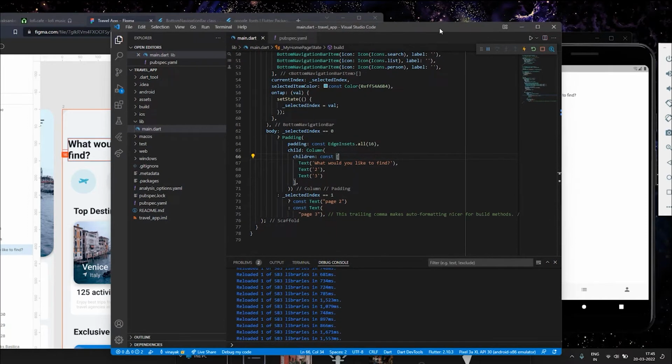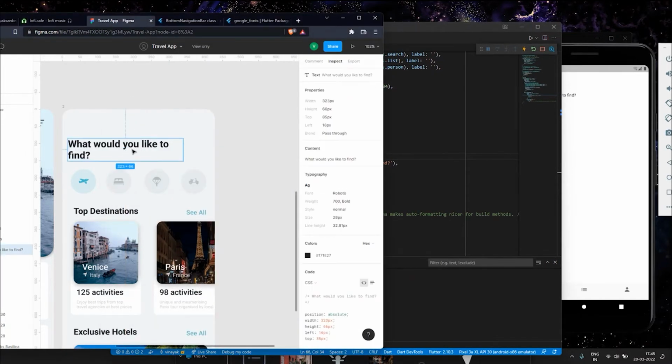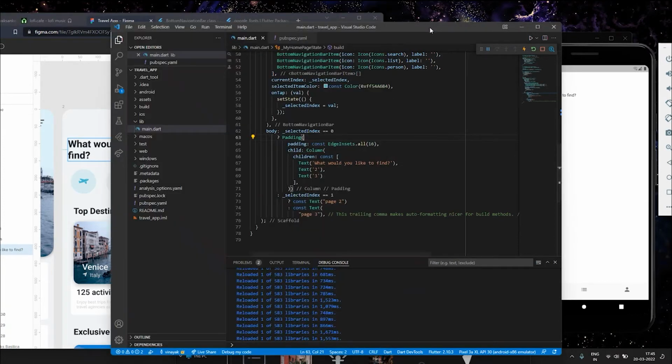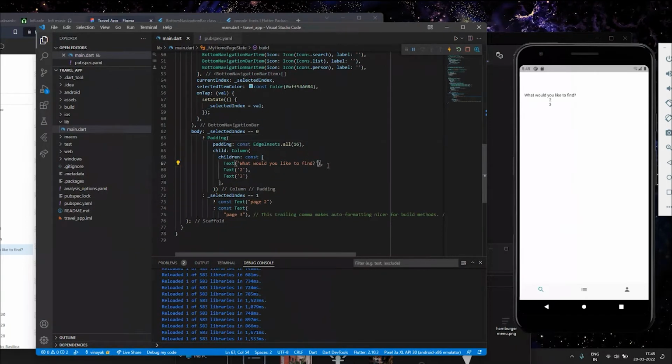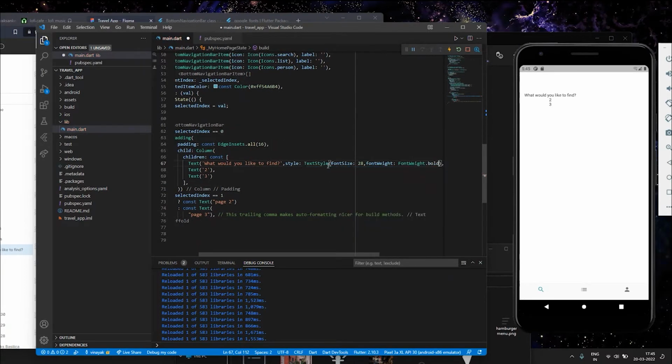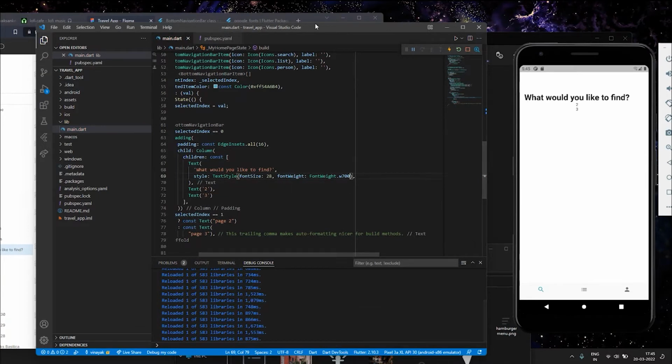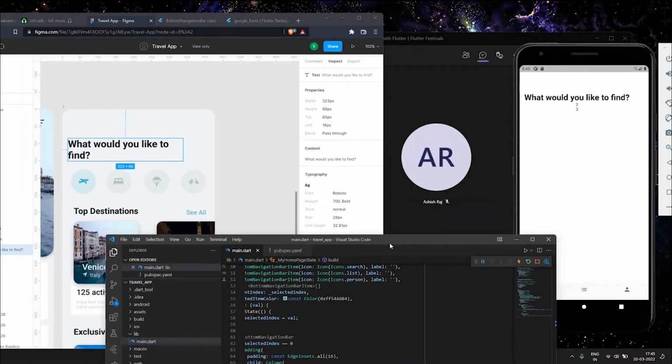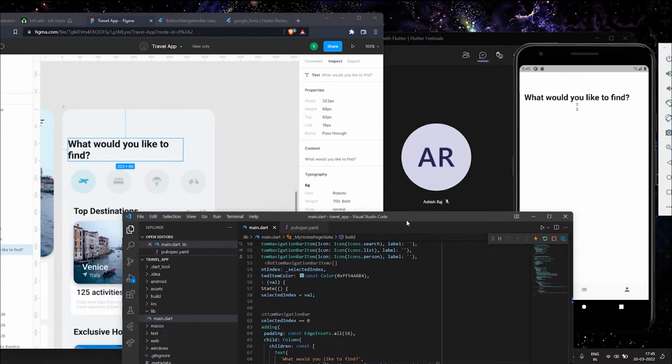Okay. Now the font size used here is 28 and it's bold. So to modify the font size, you can just add a style here, text style. There. So now it looks a little similar. Now we need to add these icons, as you can see here. So to add them,